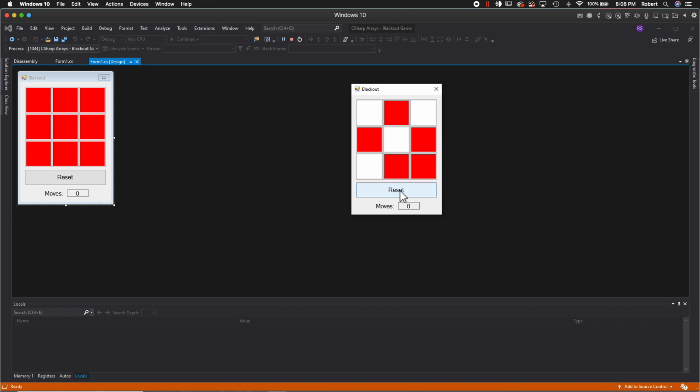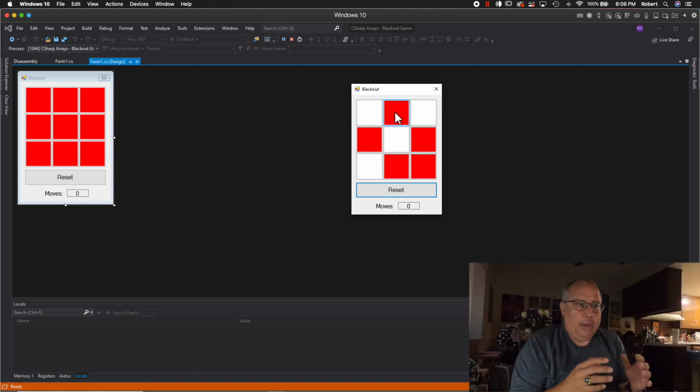To give you a recollection, last time the way that we solved this was to write a program for every single one of these buttons. So I have a total of 9 buttons, 9 separate chunks of program to say, how do we solve the problem if the user clicks this button, how do we solve the problem if the user clicks this button, and so forth and so on. Now, that was a very easy way to approach this program, and it was very understandable. The problem is that it's not efficient. So if we're crawling, that previous approach was the best approach. But if we want to get to walking or running, the approach that I'm going to show you now using arrays is a much more efficient and elegant way to solve this problem.